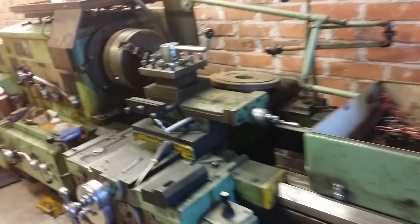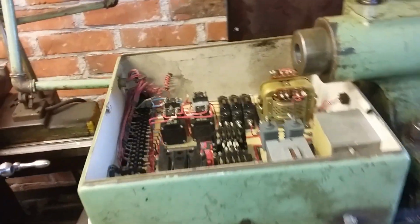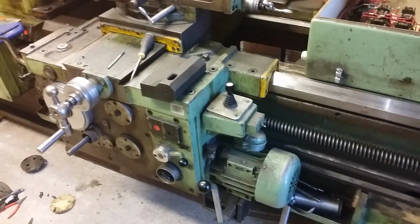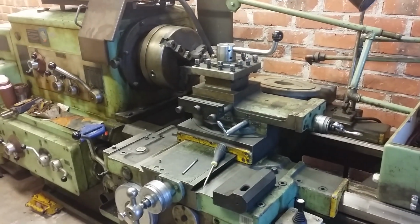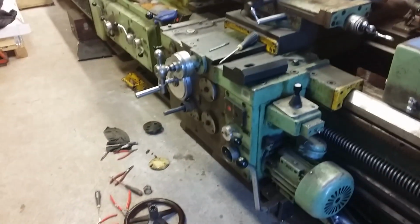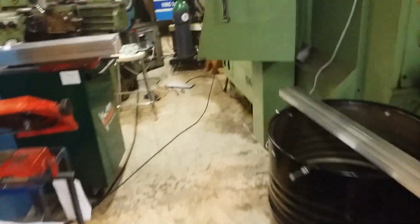So I was just about to put this pin in and forget it for a while and start hooking up the electrics. I was supposed to hang this on the wall and run some electrics and try if the rapid traverse runs, and even if I would get the motor started, even though I think it will just blow my fuses. But then I ran into a completely different problem, which is really bad, and that is that the VFD